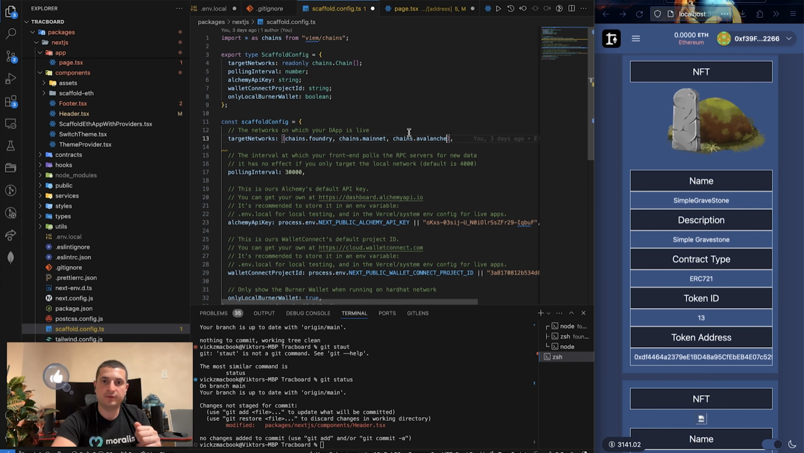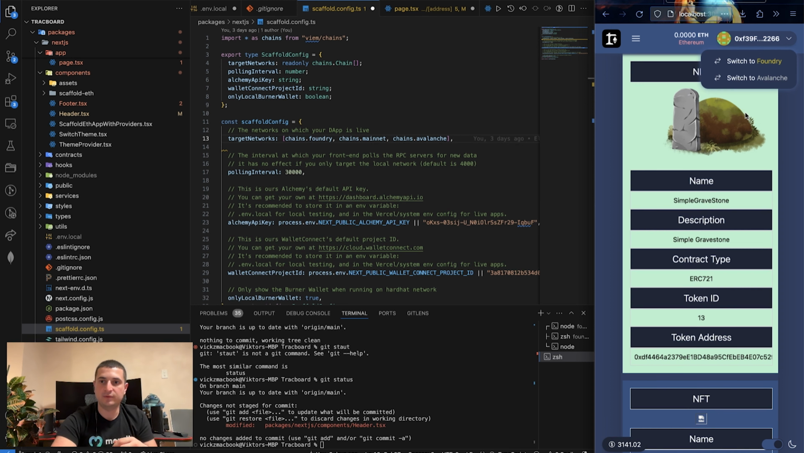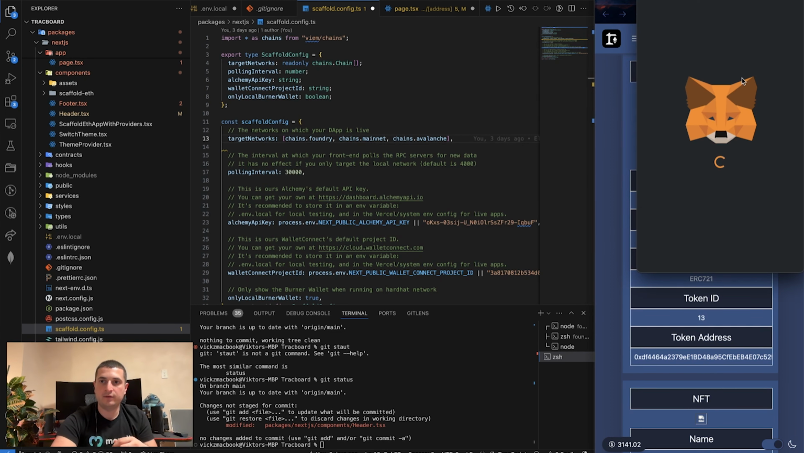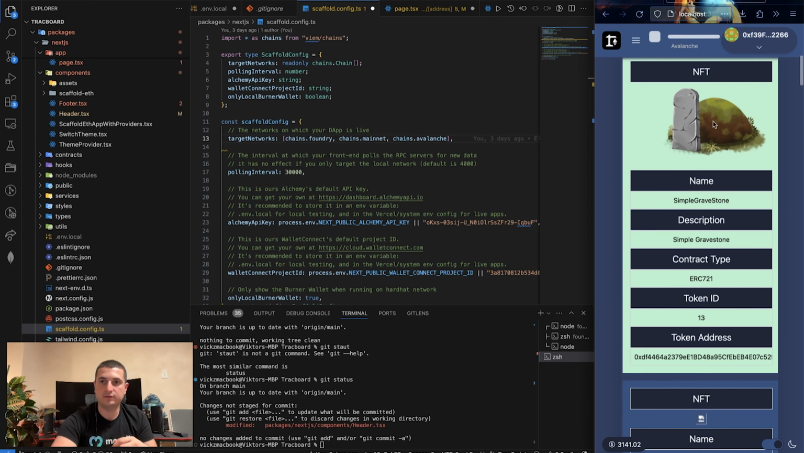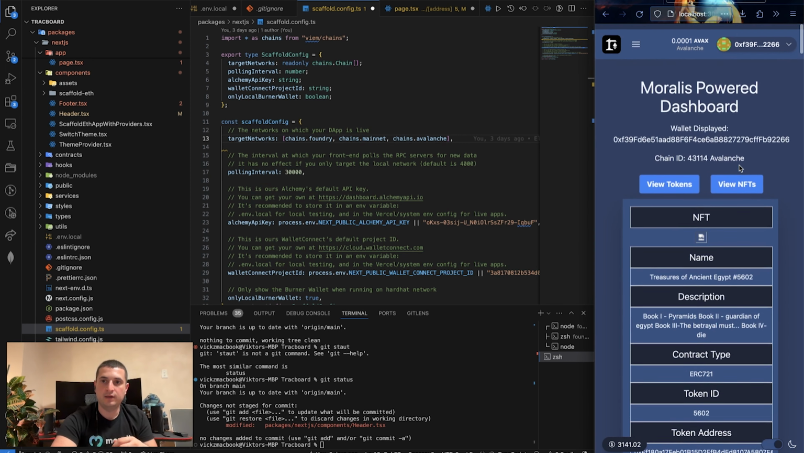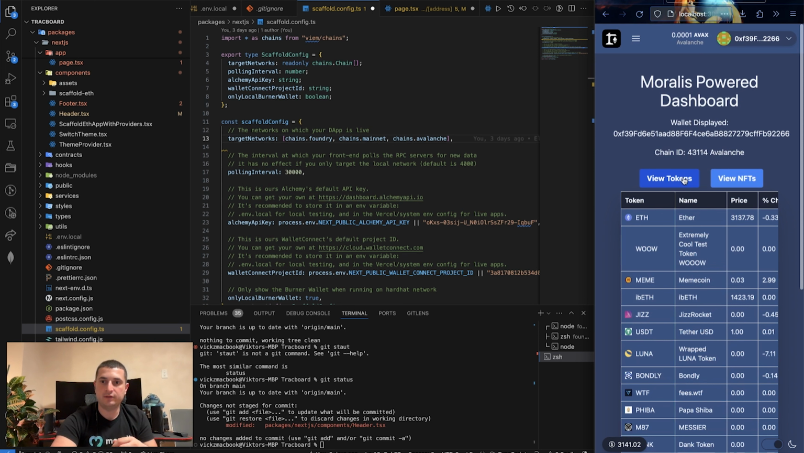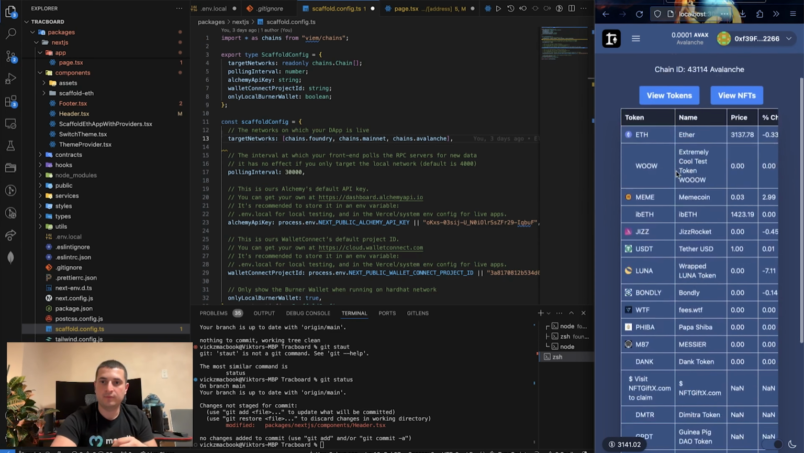I know some of them off the top of my head, but some of them could be called differently, like Arbitrum could be arb, and if you call it Arbitrum it might not work, but if you call it arb it will. Once you have the networks selected here, your application will easily be able to access them through switch networks, and you could switch around. As you can see now, we're going to pull NFTs from Avalanche rather than